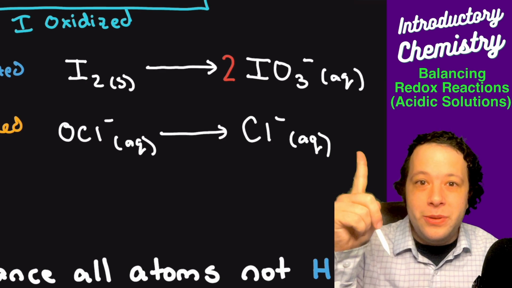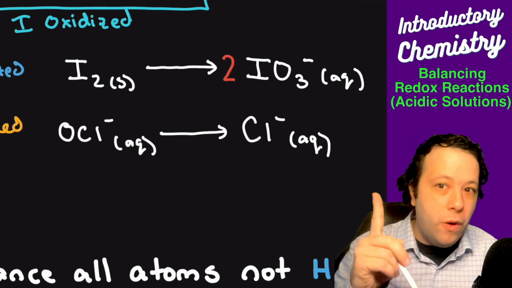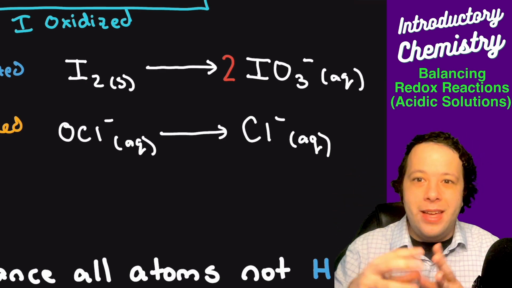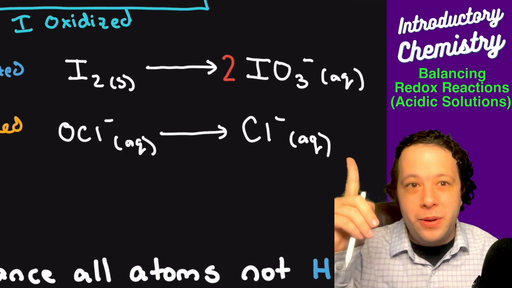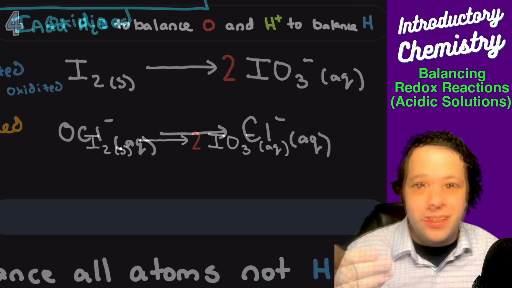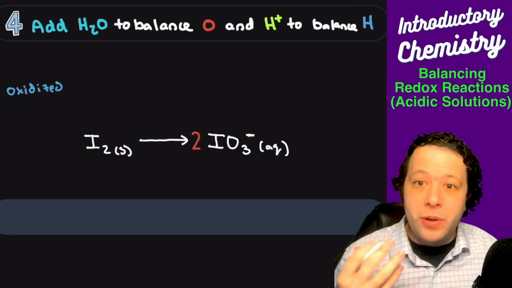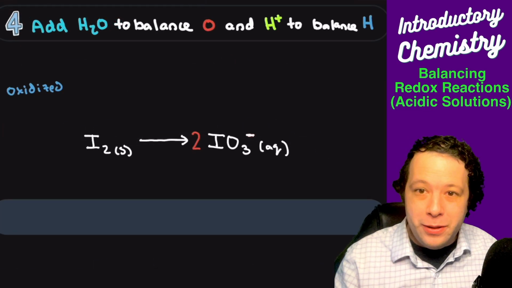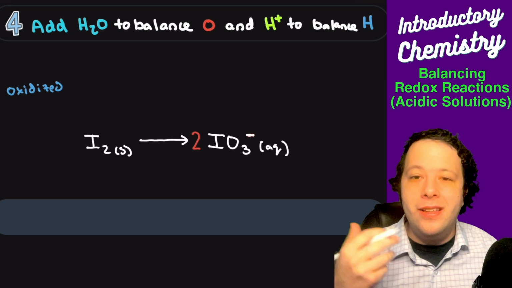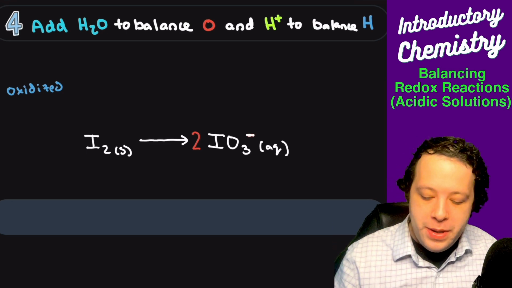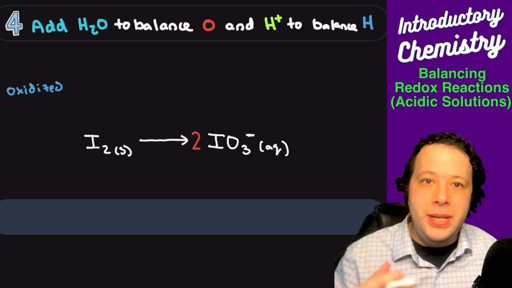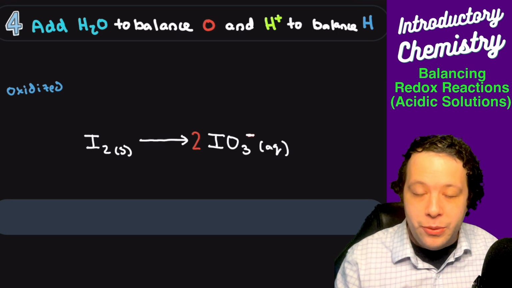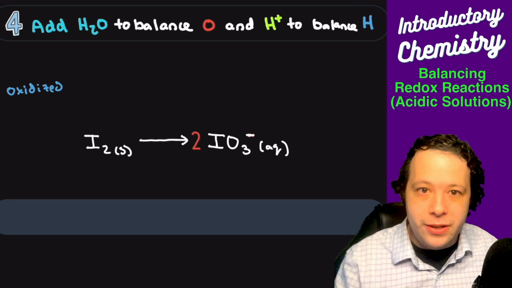What we're going to do is this just for one of the halves for now, and then we'll do the other one in that entire order in one straight shot. So let's start with the iodine and go through our steps. For our fourth step, we're going to be balancing the other elements, starting with oxygen, then hydrogen. The way that we balance our oxygen is by adding water to the mix, meaning that for every oxygen that you need, we add a water in order to balance it.